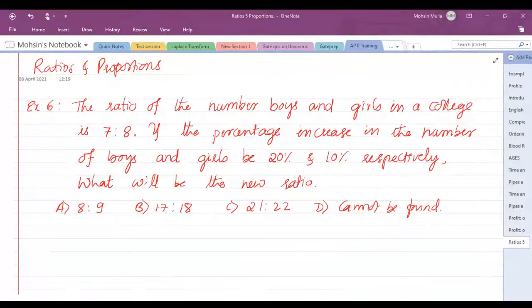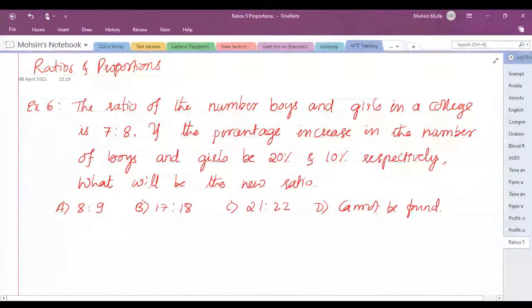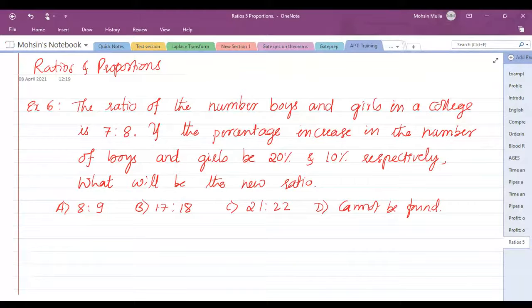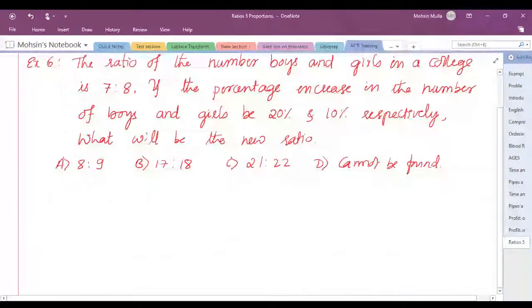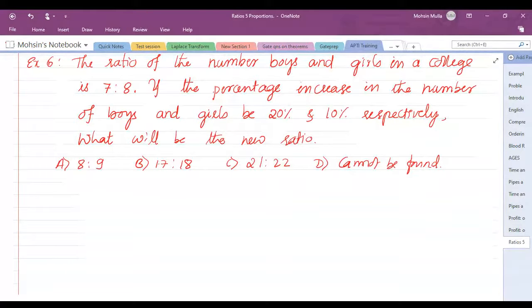So boys, you are not getting the answer. It is very simple because only two quantities are there. You have to just mention the percentage increase in that. I had told you earlier that if there is a 20% increase, you take it as 120, and a 10% increase, you take it as 110. So automatically you will get the required answer.